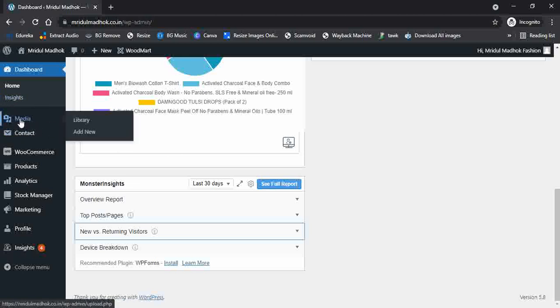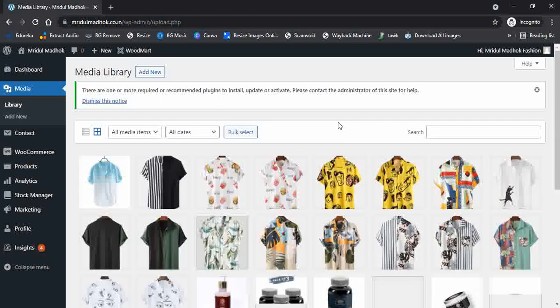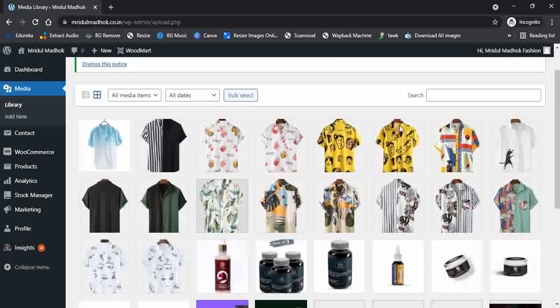The next tab is the media tab, and here you will see the product images. You need not worry about this because this is just FYI, and to upload, you can come to the media library and add the images from here.